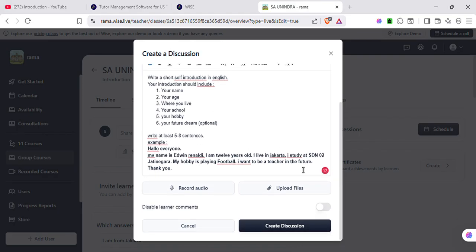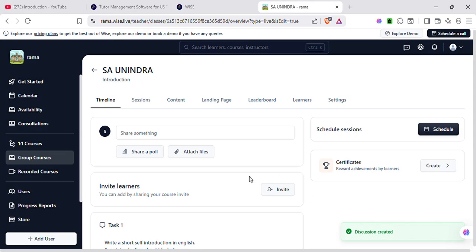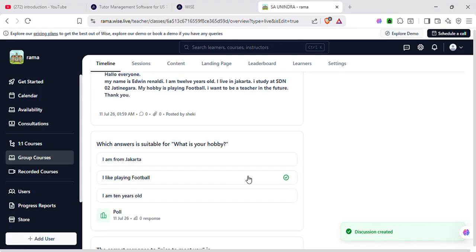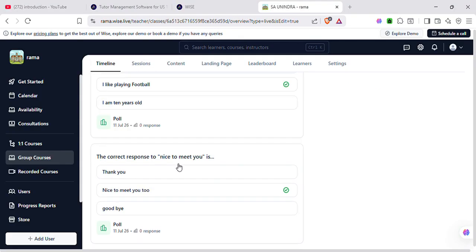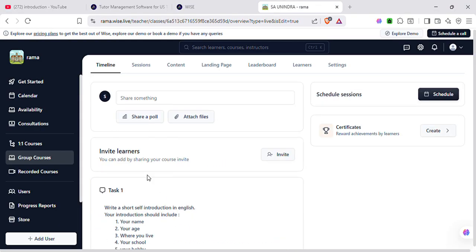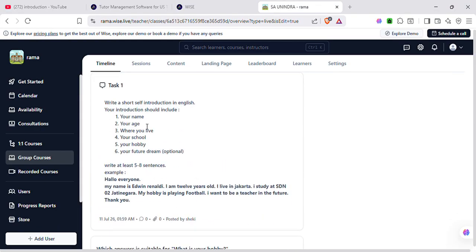And then create discussions. Okay, we already made a task where the students have to make an essay.